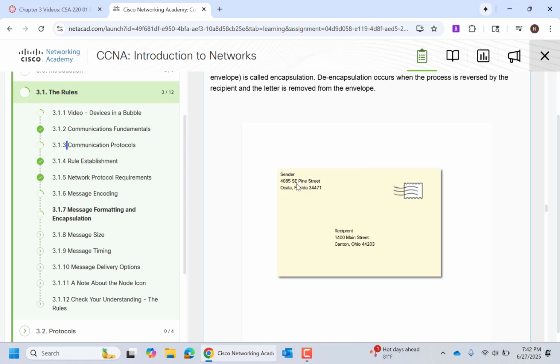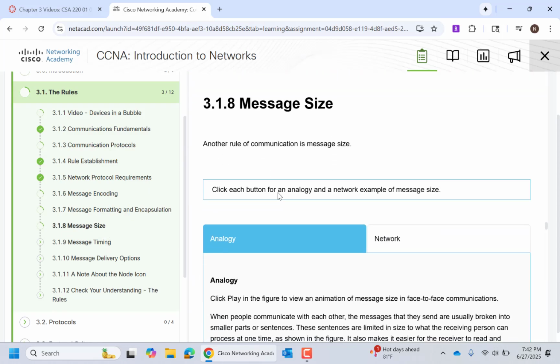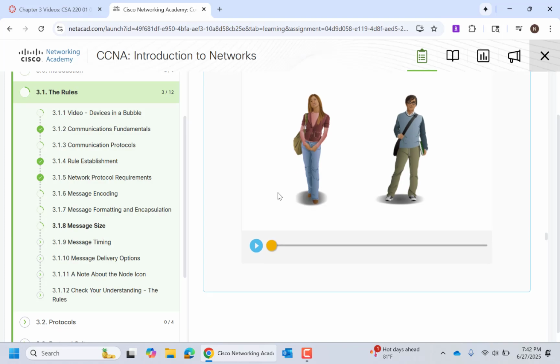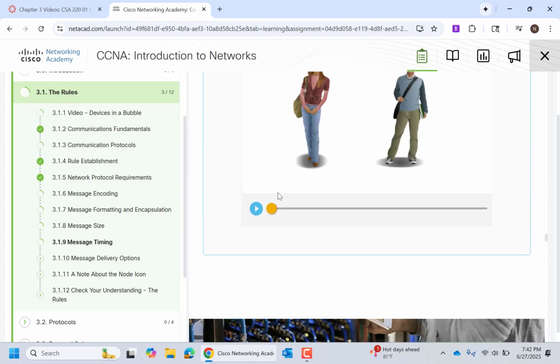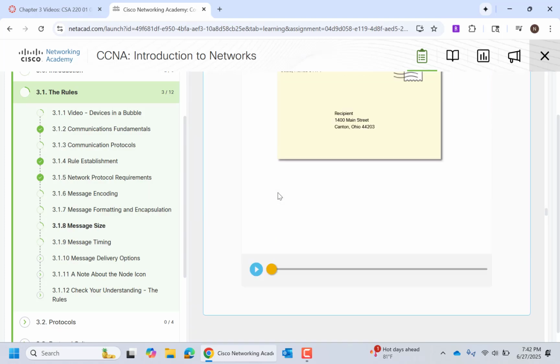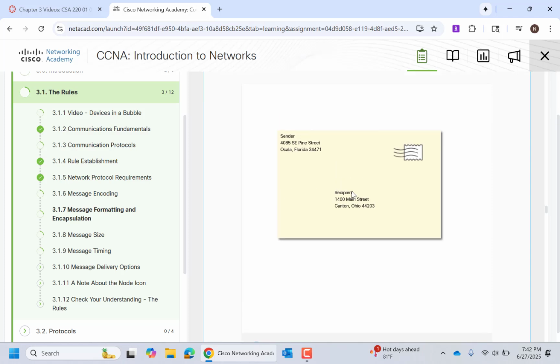Another thing that we do with our message is we change the size. So going back to that letter example, if we had, say, a 50-page letter, when humans are communicating, we'd put it in one larger envelope, we'd put a little extra postage on it, and we would send it.